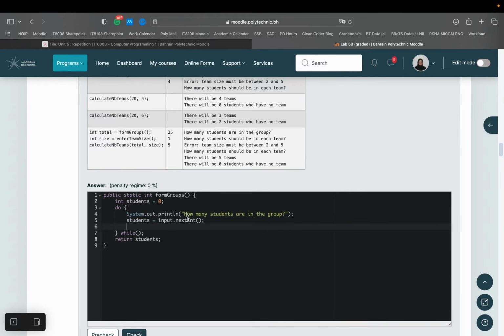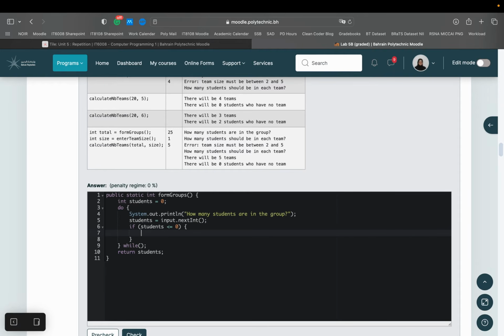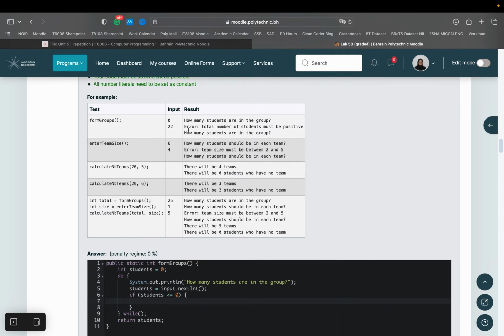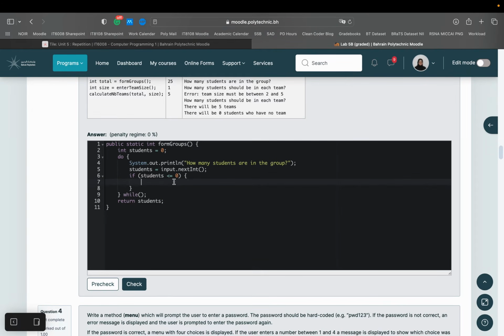Okay, now what do you need to check? You need to check if this is positive. So if students, if this is not positive, then you need to print the error, right? If the user gave you 0 or any value less than 0, that's when we tell them about the error. So students, if it is less than or equal to 0, you can even write if it is less than 1, whatever suits you. If this is correct, then in this case I can write the error statement, system.out.println,